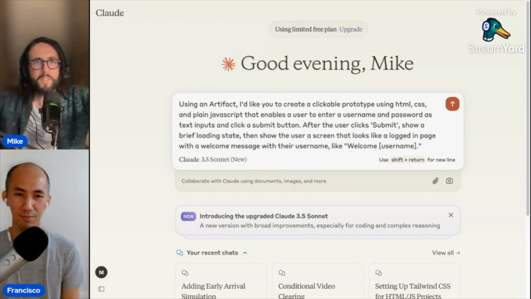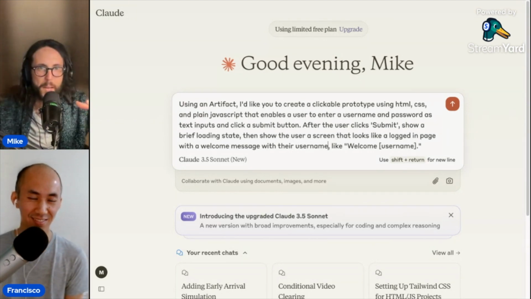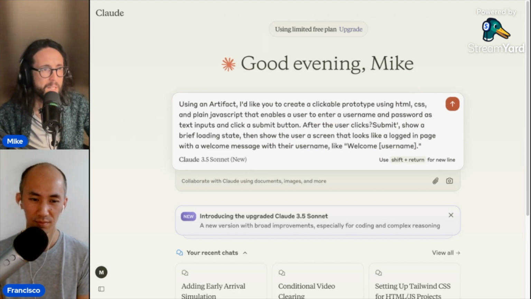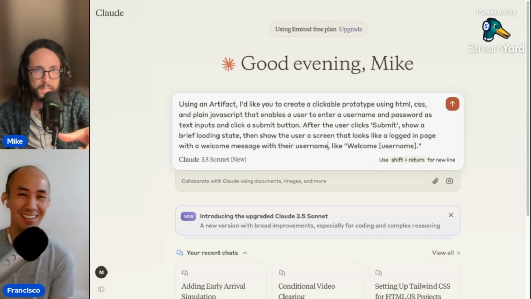So taking a step back, we're at least making a facsimile of a multi-page application, and the main value here is that we're doing a thing that's really hard to prototype in a Sketch or a Figma. I just showed my age by saying Sketch. That takes information that was entered into a form and displays it on